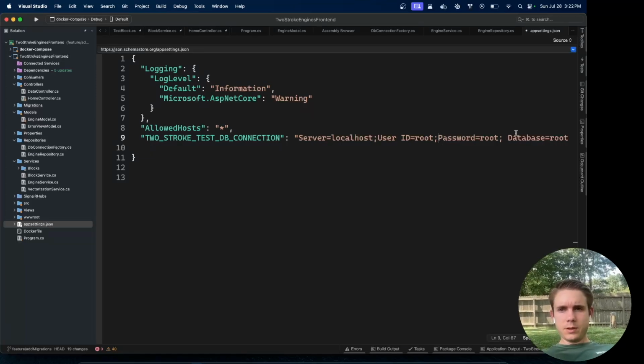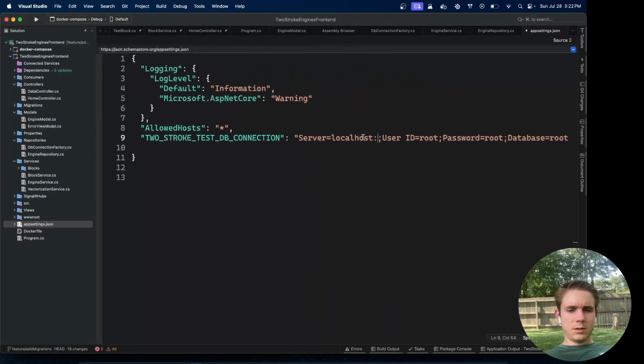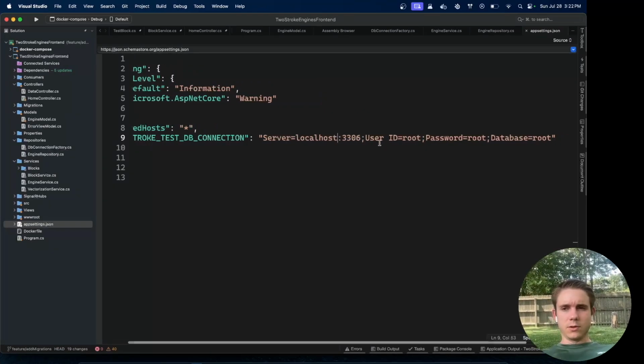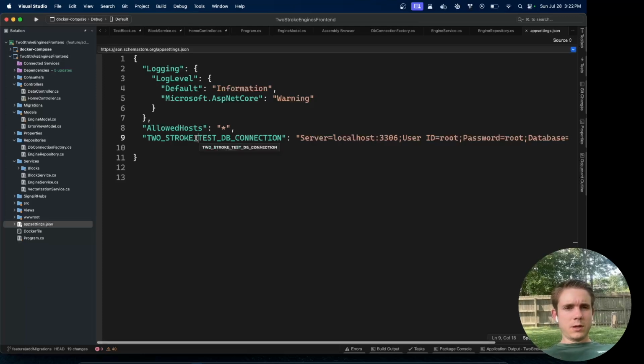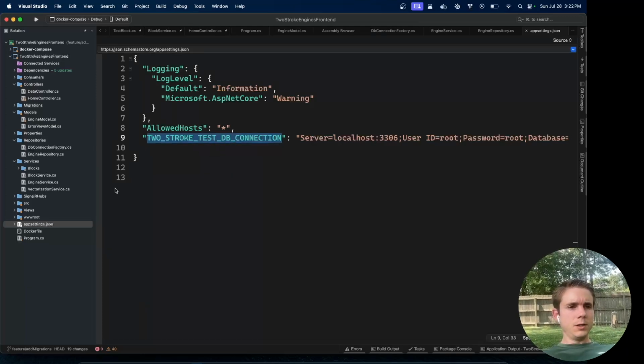Let's get rid of these spaces. I don't know if I need the port. I'm not sure. I'll put the port in there, I guess. It should be 3306. We might not need that. I always forget. So we have a connection string now, and you can see that I put it in the